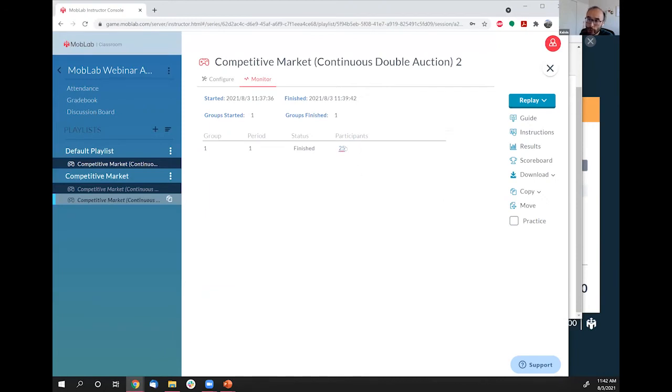Now, I didn't show you this because I didn't want to add any complexity. But let's say you have a class and you only have like 7 or 8 students, and you're wondering, can I play this? There's a way to add robots to the game, so you can have the 7 or 8 students play and then add 10 robots, 20 robots, just so that the market flows pretty well. So that's certainly an option. The robot players play pretty realistically as well, so it's not totally random. That's the nice aspect of it.